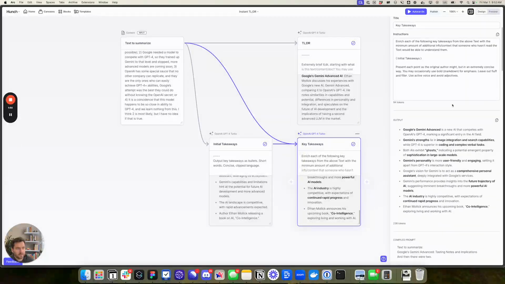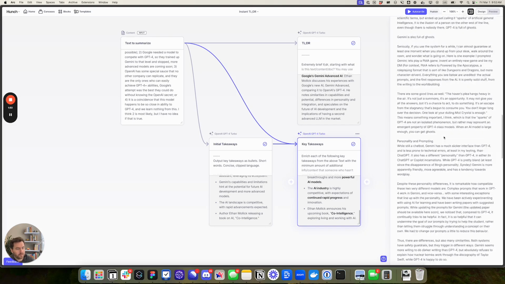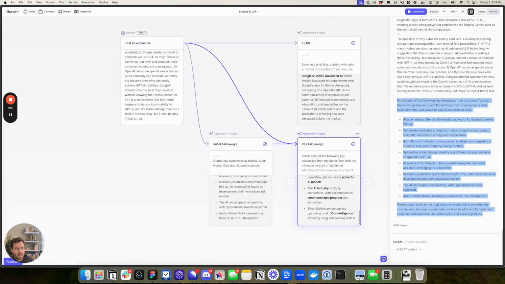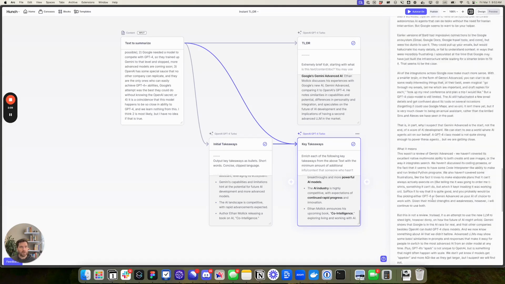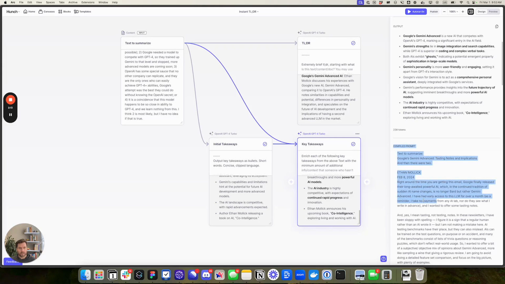We can see it starts with "enrich each of the following key takeaways from the above text with a minimum amount of additional info content," etc. And then we have all of these takeaways from the previous block inserted, and the remainder of the prompt is at the end over there. So what happens is that this compiled prompt is what is sent